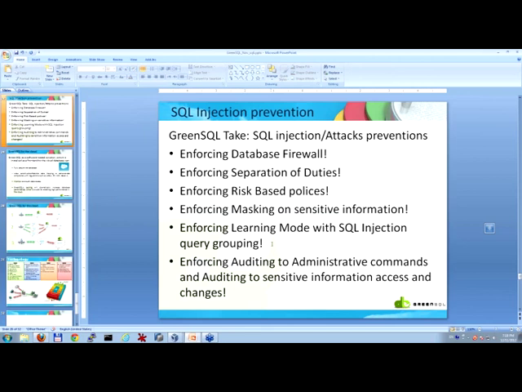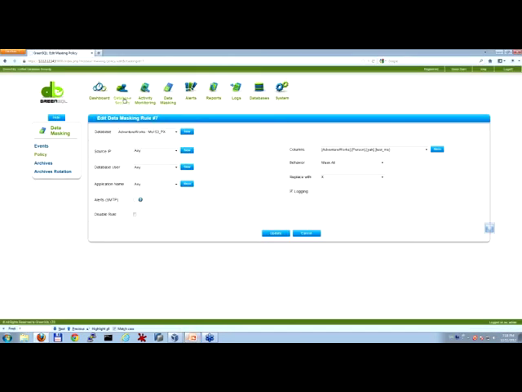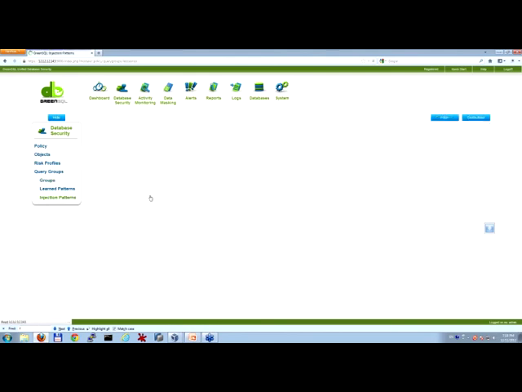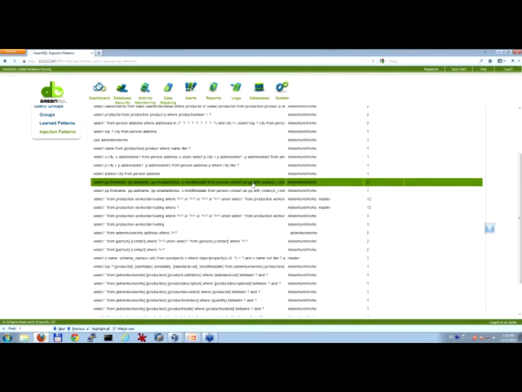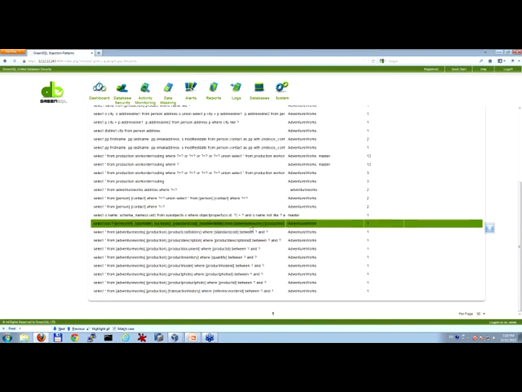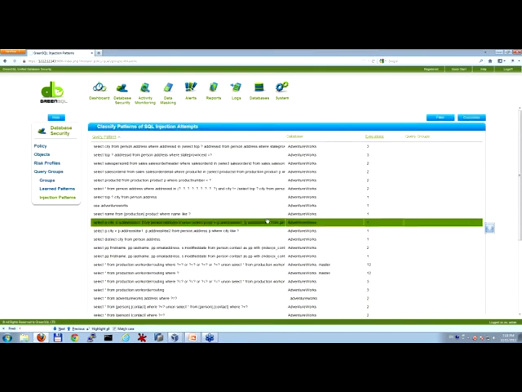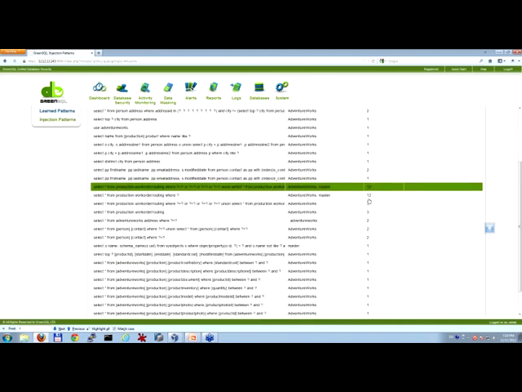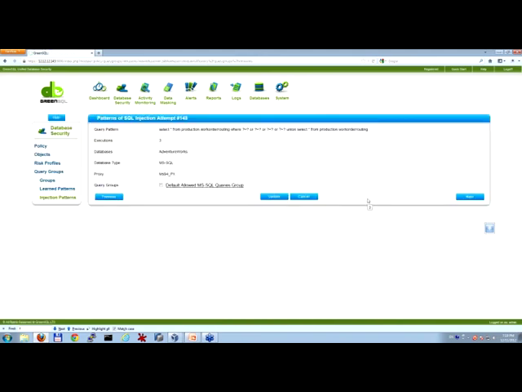Using GreenSQL and SQL injection detection, GreenSQL gathers any attempt at what's called SQL injection patterns. And when this mechanism detects query commands that run, it automatically summarizes the number of executions trying to run a successful SQL injection attack, and then you have the option to gather each and every disallowed command and easily block it using a group.